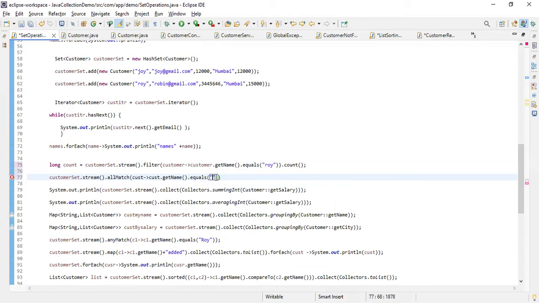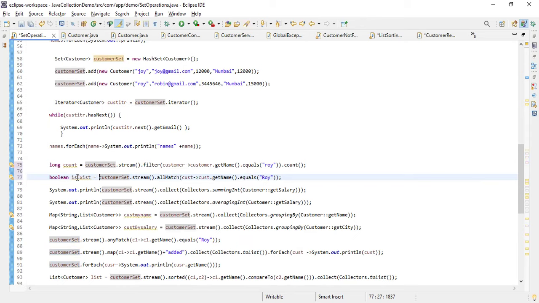The difference is that allMatch is a terminal operation, while filter is not a terminal operation. It is returning true or false, so it will basically give the Boolean true or false, let's say a status, or maybe we can say isExist. allMatch means everybody in this list should have the name Roy, and we are not saying equalsIgnoreCase, so it will check the capital letters as well.